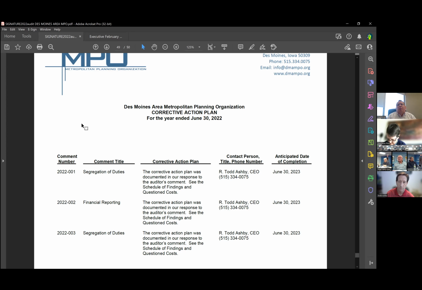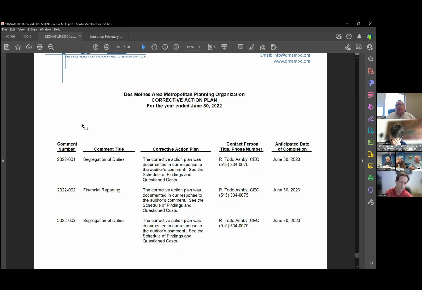And if I read correctly in what David presented us, there was a piece about employee reimbursement for a travel issue. Yeah, that was just a miscommunication because we had a travel policy in place and we provided that to Dave, and that's not in the final audit report. Okay, when was our employee policy manual last updated? Do we know? 2021. And we've tweaked it a little since then.